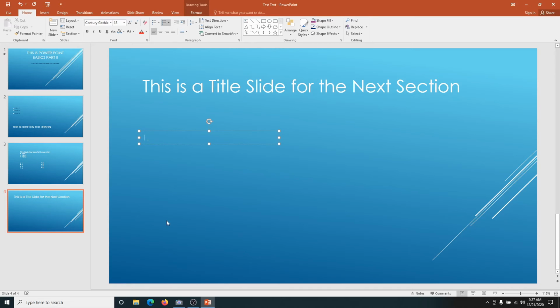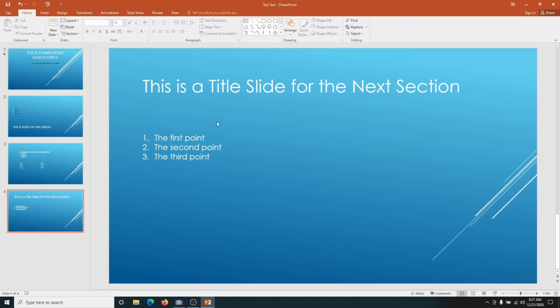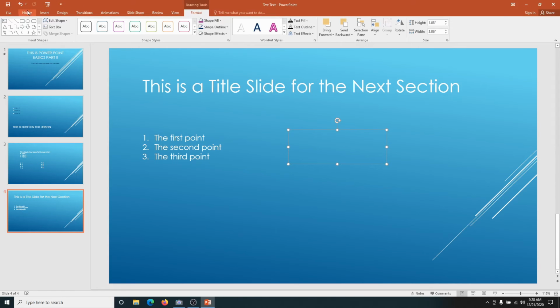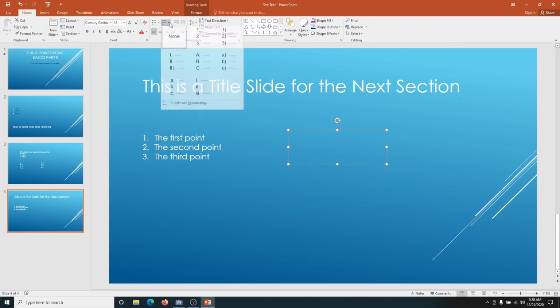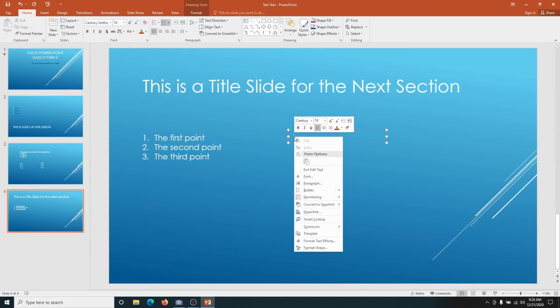So here is the first point, the second point, the third point. And then if I wanted to duplicate that over here, I'll do another text box, draw it out. I can move it until it lines up properly. Insert the numbering. Here, since this is going to be number 4,